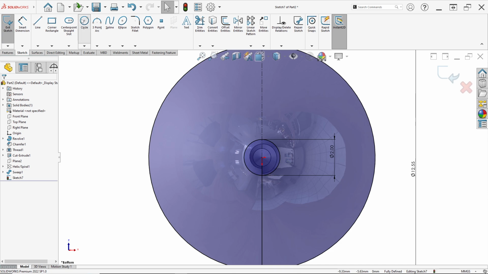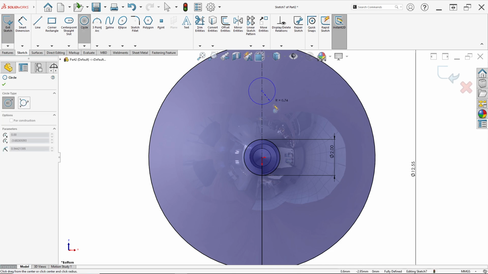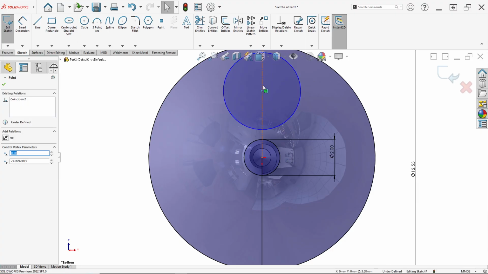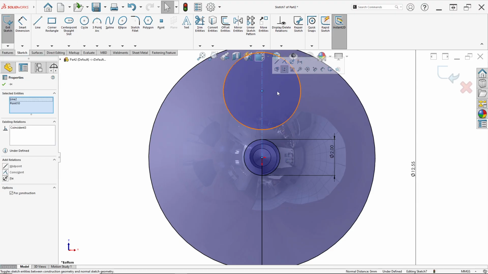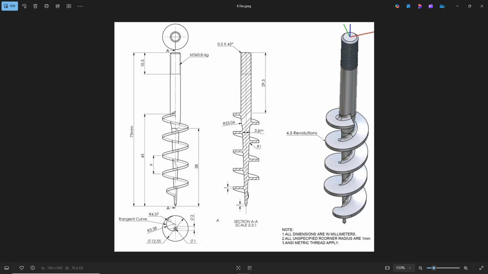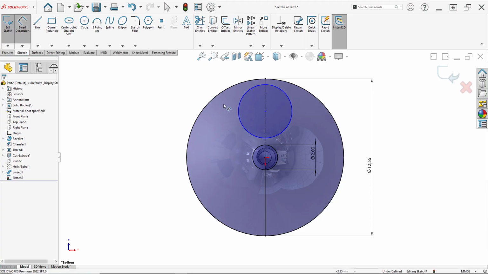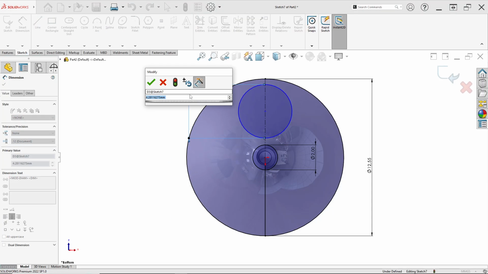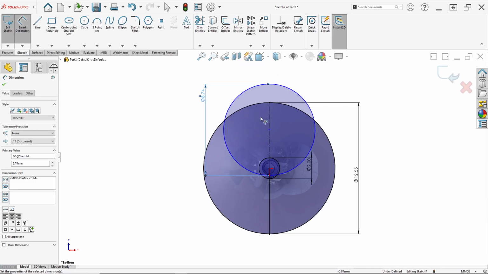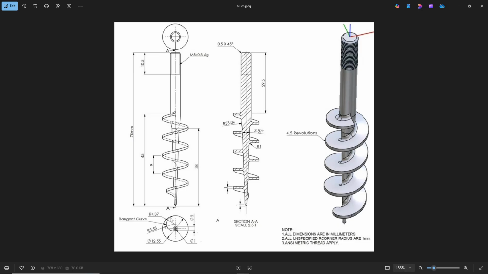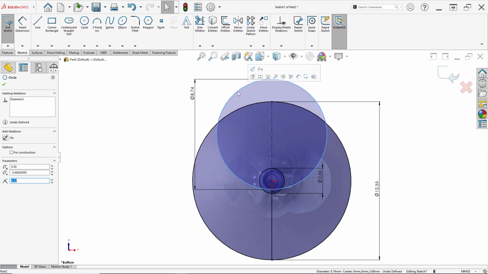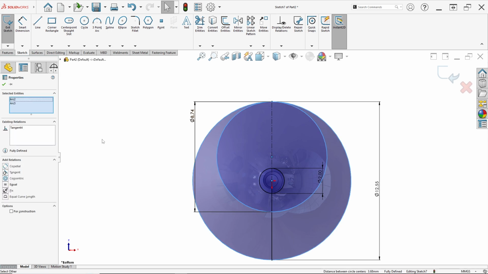Now we can make circle from here, from center line. Ensure this point of circle and click the center line. Click make coincident. Now here have radius 4.37, so diameter in 8.74. So set this circle diameter in 8.74 millimeter, like this. And ensure here with the circle make tangent. So click the circle and click Control and select this circle. Just click make tangent. This.